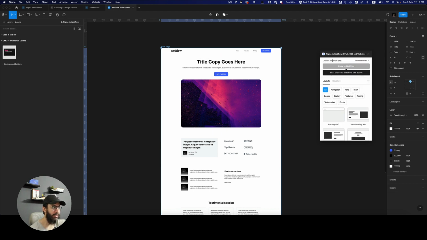I'm going to go ahead. It's going to ask me, hey, do you want to copy to Webflow? First, choose a Webflow site above. So I'm going to choose my assets YouTube tutorial site. And it's saying group, illustrations, icon, shapes, and SVG will appear as SVG in Webflow, which is perfectly fine. I'm going to copy it, and it's going to obviously generate that copying. It's going to prepare the assets that it needs to copy, and then